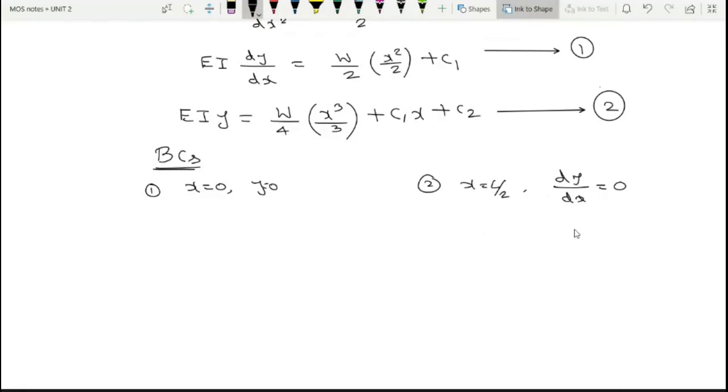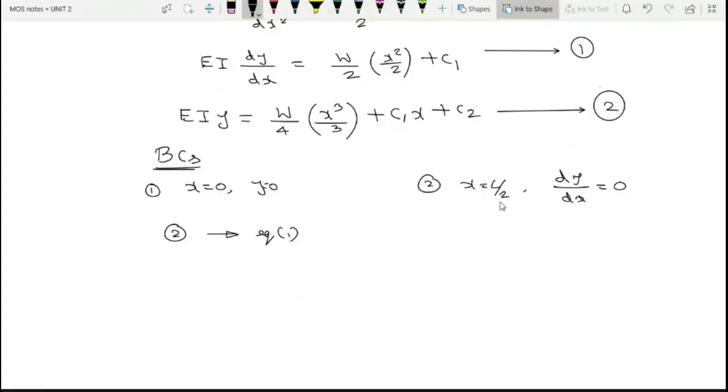So the first one, I'm going to apply equation 2. Right? The reason is I need to identify C1 before solving this equation for C2. Right? Only if C1 is known can I substitute here. So first, the equation with dy by dx, I take that one. Which means the second boundary condition I'm going to solve first. The second boundary condition I am applying in equation 1.